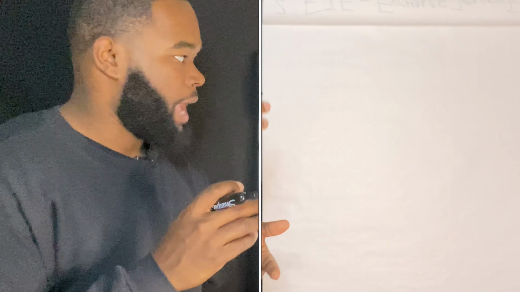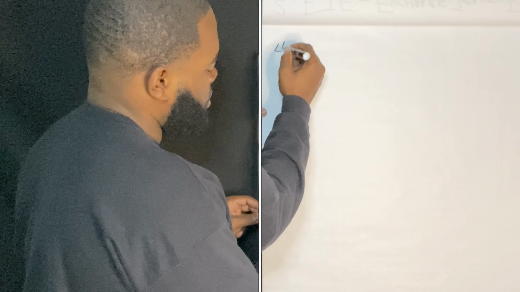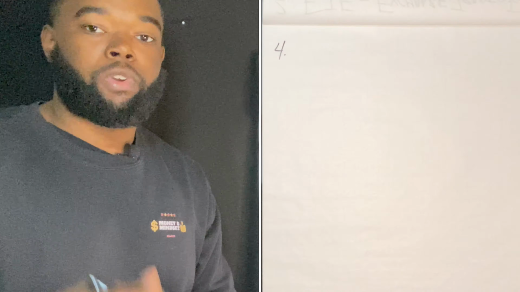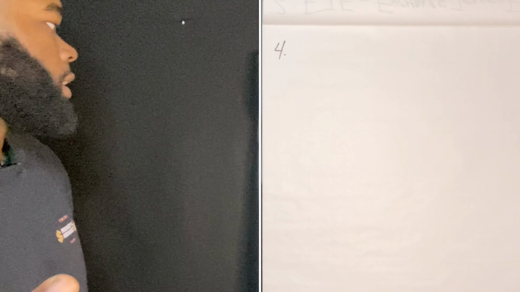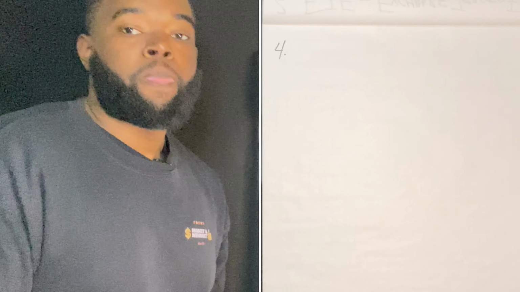Now that we know what dollar cost averaging is, now that we know what an ETF is, and how that works and what we should be looking for, the next thing that we should be trying to figure out is our plan, right? Is our strategy. How much are we going to invest over a certain amount of time? So for example, I'm gonna write down a couple plans that you can possibly follow.